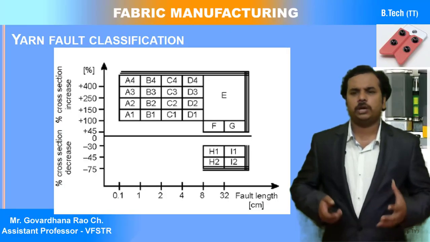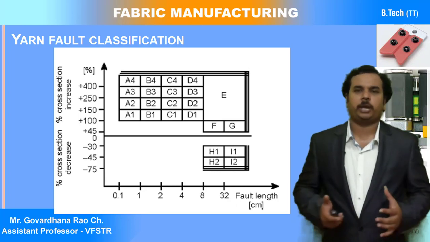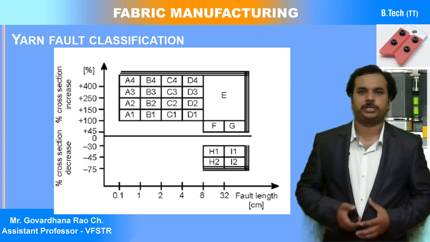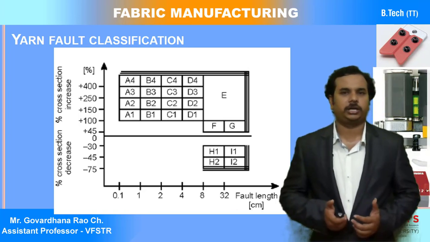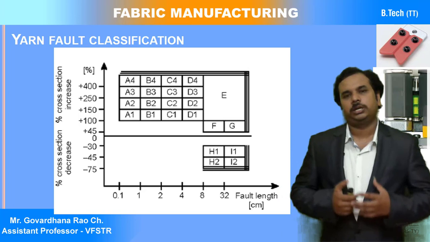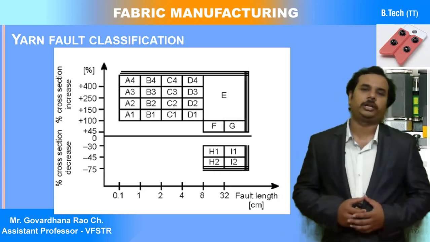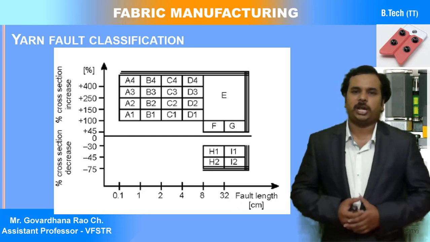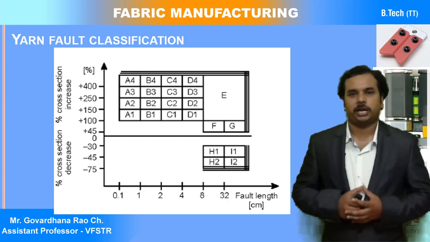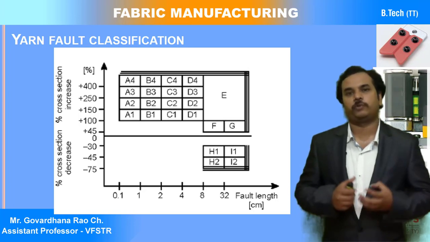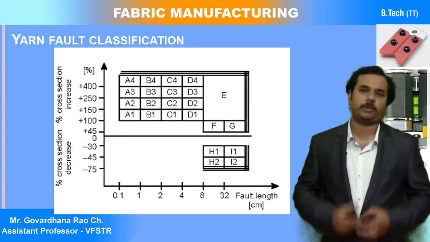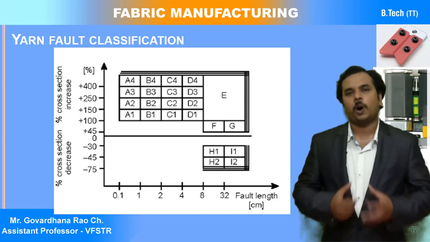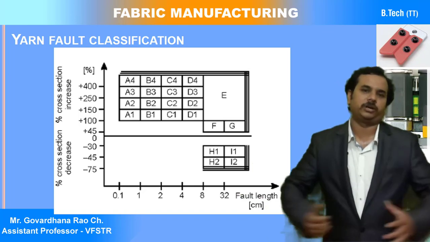Till now we have seen what the different types of clearers used in the winding machines are, like the mechanical type of yarn clearer, and the second one, the electronic type of yarn clearer. In mechanical type of yarn clearers we have seen the fixed blade type and the swinging blade type, and in the second category, electronic type, we have seen photoelectric detection as well as the capacitance type of detection. Now we will move on to how we have classified these yarn faults.